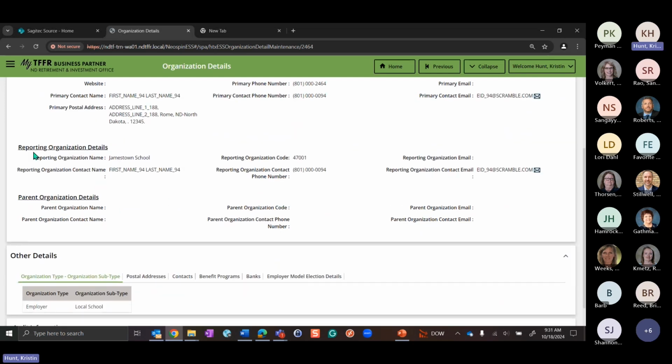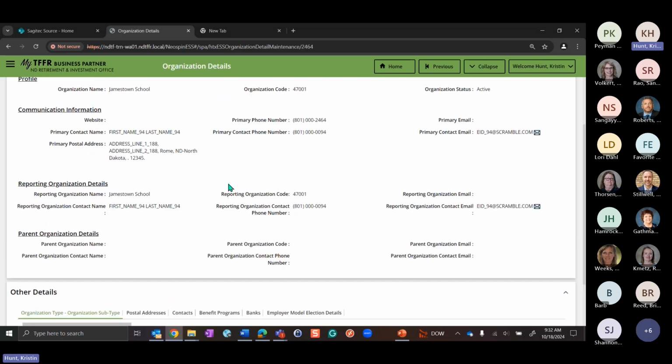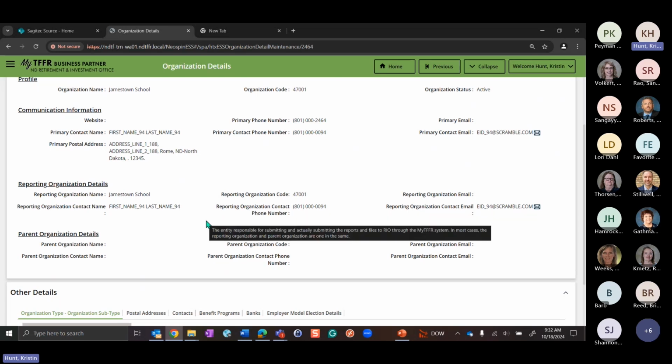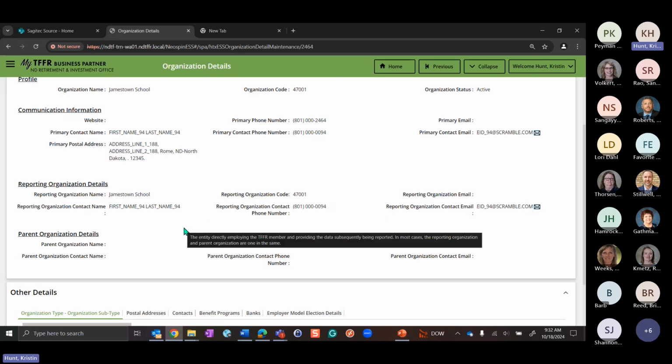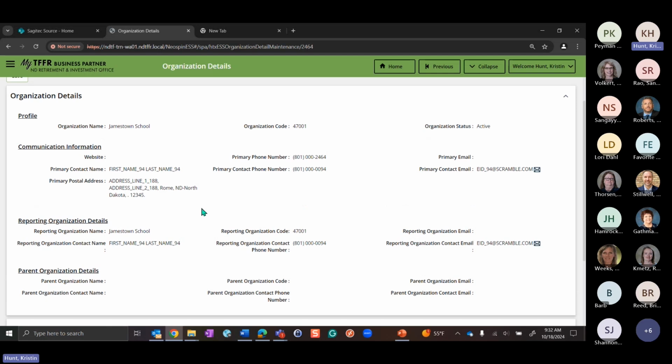Then I'm going to scroll down and we have the reporting organization details and the parent organization details. What we mean by reporting and parent organization, the way it's set up in Neospin and the way our system works, is like if Jamestown School was part of a school district and that school district was the one that paid out the contributions and did all of that.